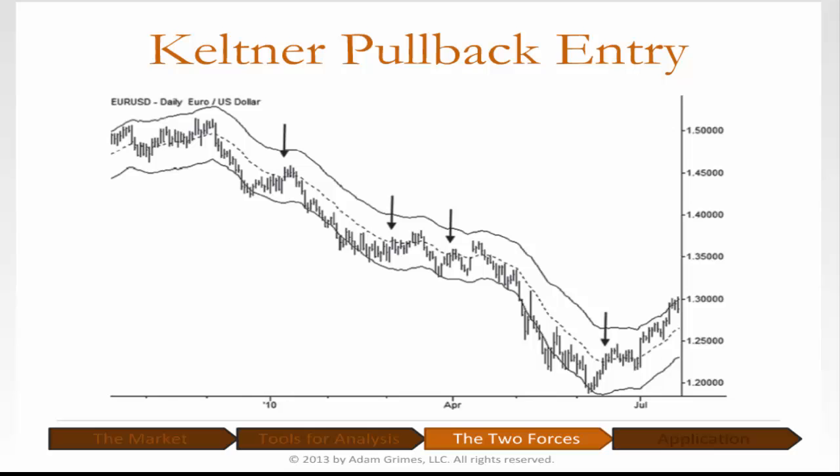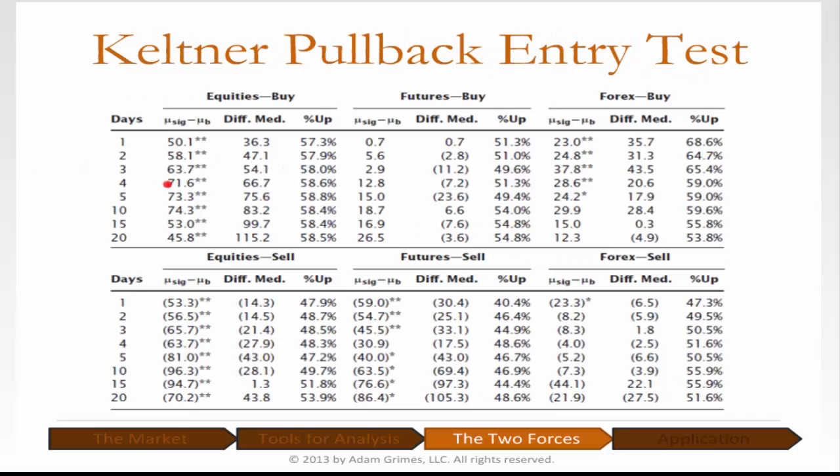Here's the results of that test, and you can see pretty strong positive results in stocks, positive results in futures for the buys and in Forex, and the shorts, negative results. That's what we want. We want shorts to go down, right? Negative results in stocks, in futures, and in currencies. And this is one of the few patterns that does seem to have a similar edge in all asset classes. And by the way, I base a lot of my trading on pullbacks. I find it to be a very, very useful tool.